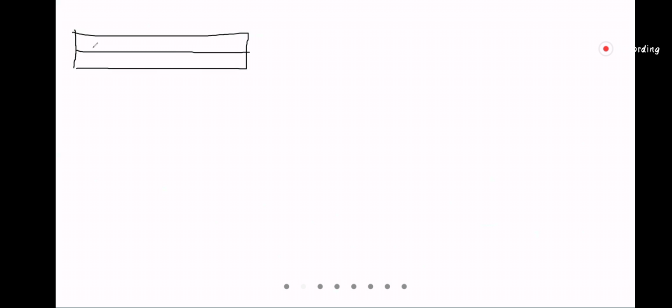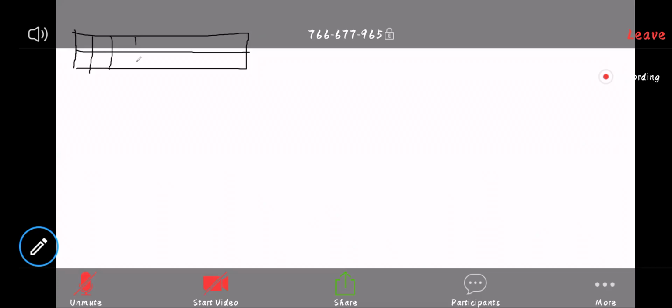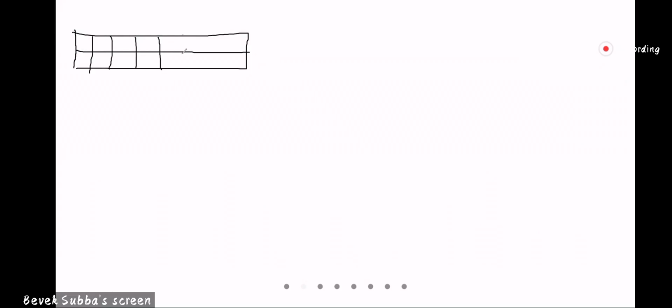Each character has an address. Let's say this is an LCD. The LCD will be divided into 2 rows, 16 columns. That's why it is called 16 cross 2. The first box has an address of 80H.